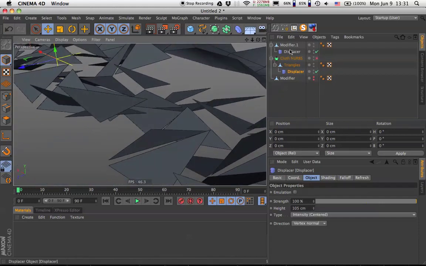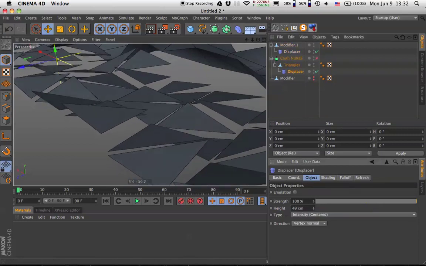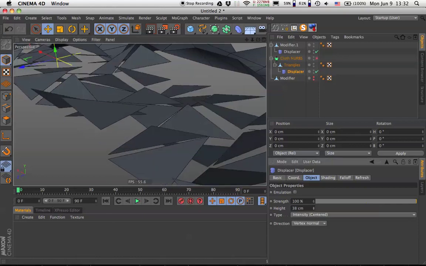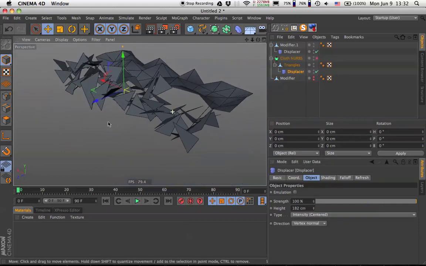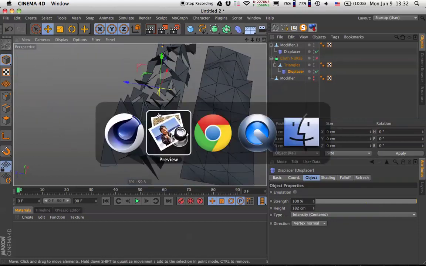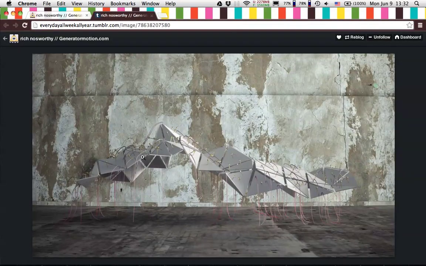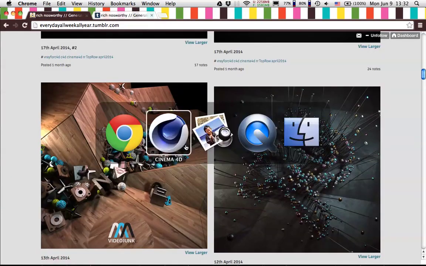So if we go and lower the height here, you see that this point can go up, and this point of this triangle can go down, and this point goes way down, this way it goes up, and it breaks the look actually. We don't have the look like we have here. Here it's something like a wave or terrain, and here, on the other hand,